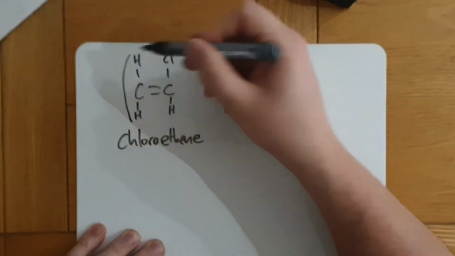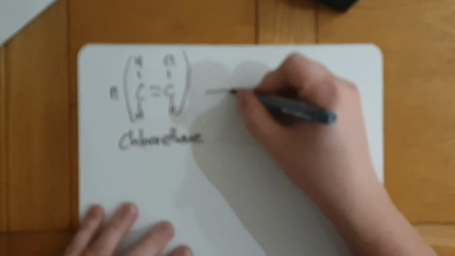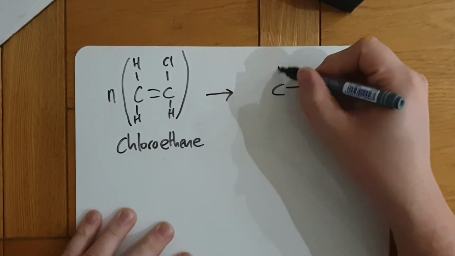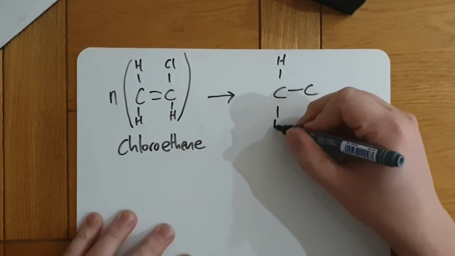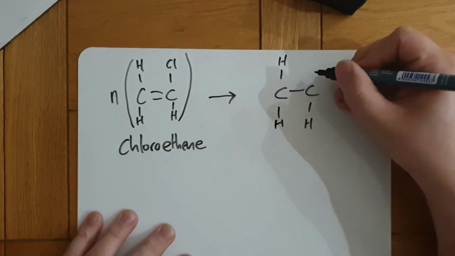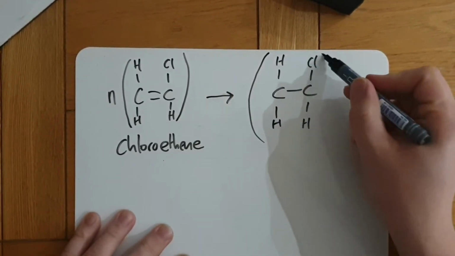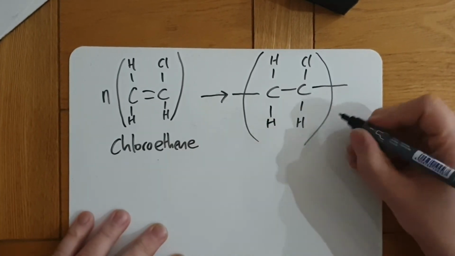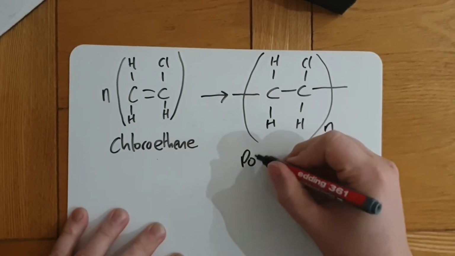So I'll draw my brackets around it. We've got N of those. So we're going to end up with, I'll break the double bond, so we've got 2 carbons. That one's still the H, the bottom 2 are still the H's, and the top one is going to be the Cl. Do our brackets for our repeating units, make sure the bonds stick out the side of the brackets, and draw an N down there. So this one is